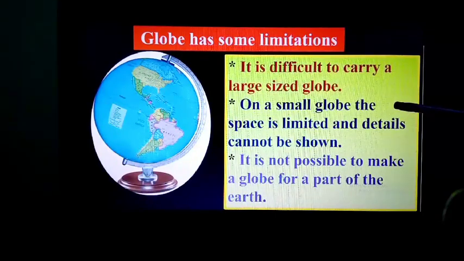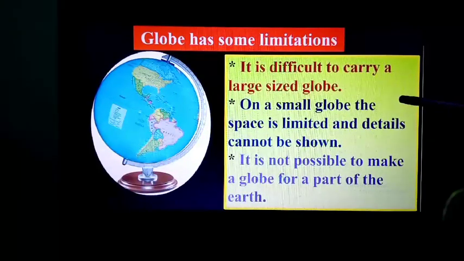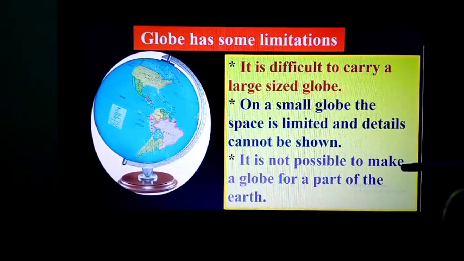If we want to show detailed information, means if we want to learn about any small region, like if we want to learn about a state or district or any small area, it cannot be shown on a globe. It is not possible to make a globe for a part of the earth.